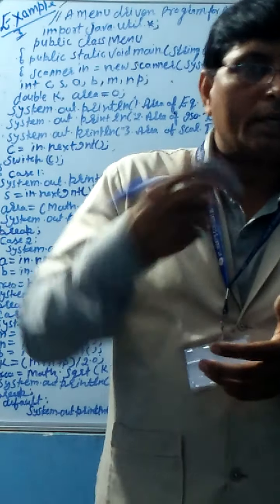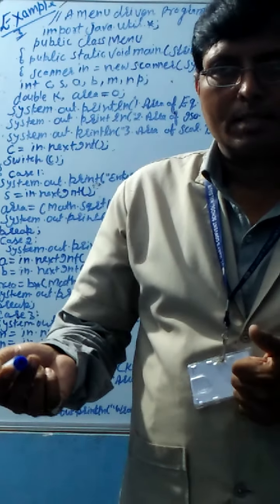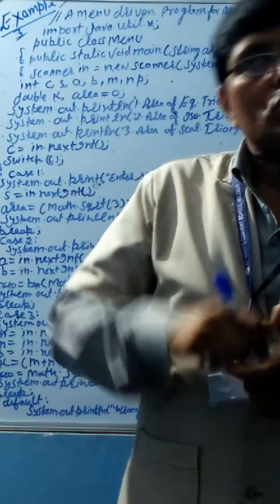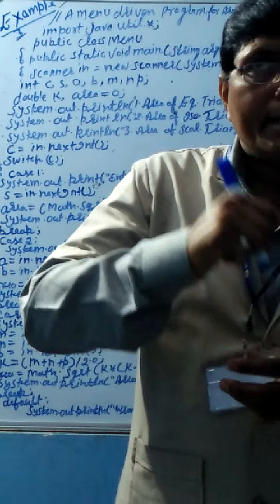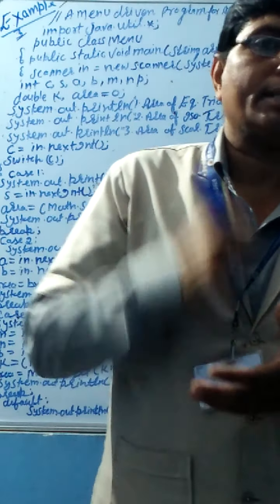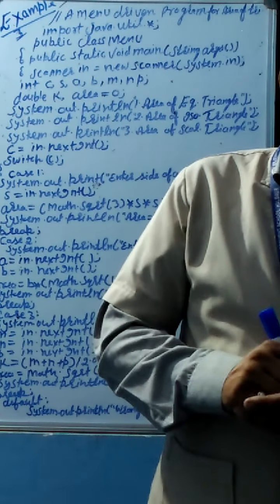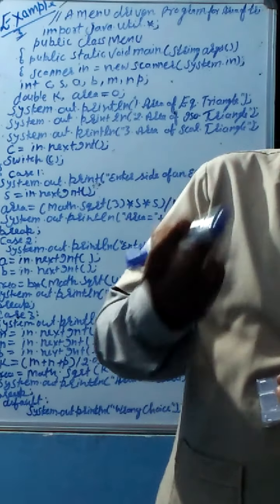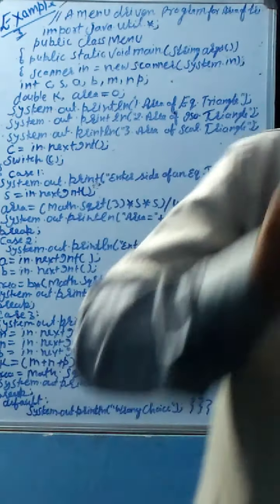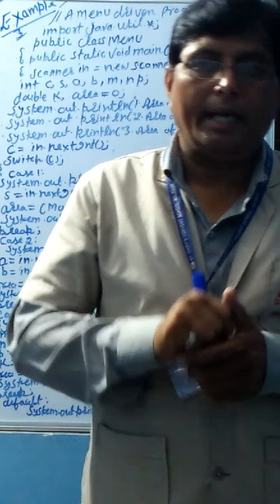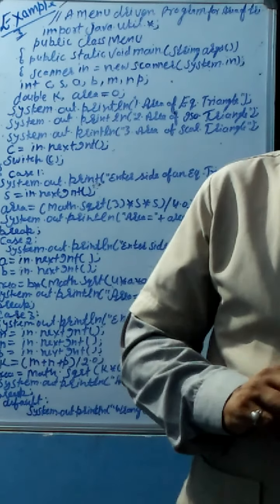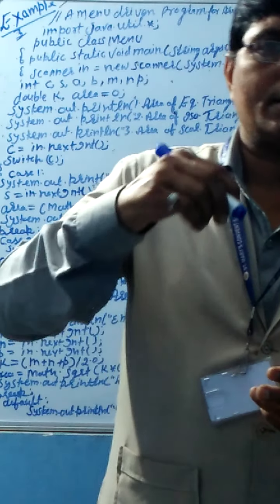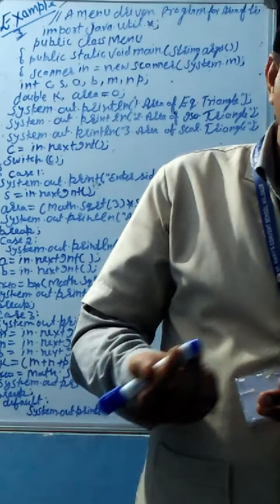According to the math, the area of an equilateral triangle is equal to root 3 upon 4 side square, and the area of an isosceles triangle is 1 upon 4 b square root of 4 a square minus b square, and the area of the scalene triangle is equal to square root of s multiply s minus m, s minus n, s minus